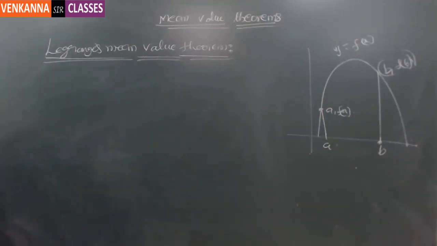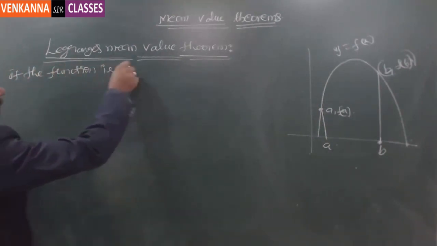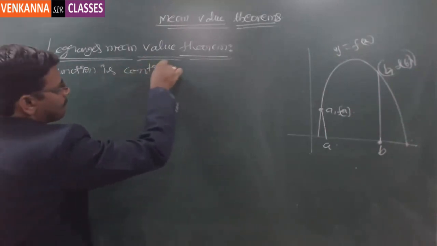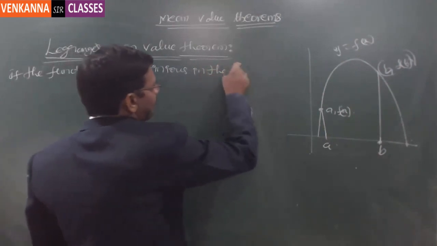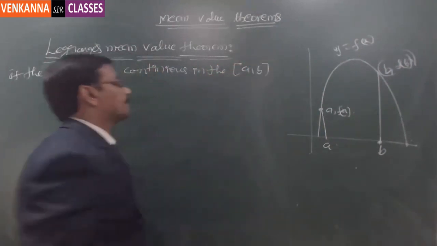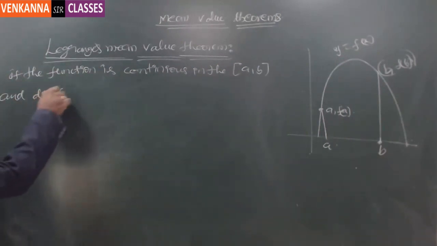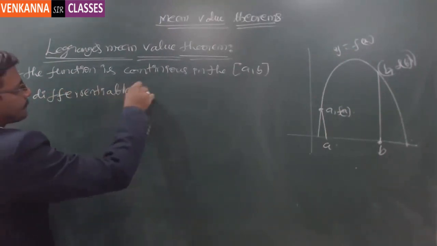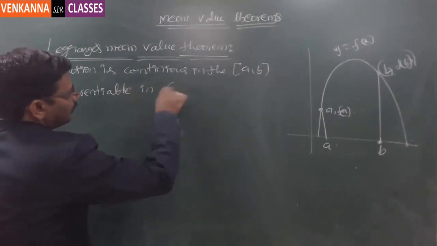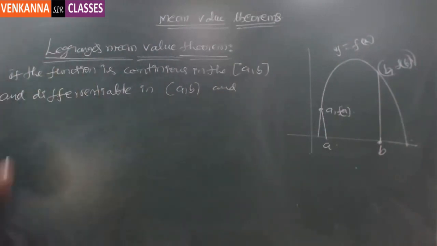That is, if the function is continuous in the closed interval a comma b and differentiable in the open interval a comma b, and f of a not equal to f of b,